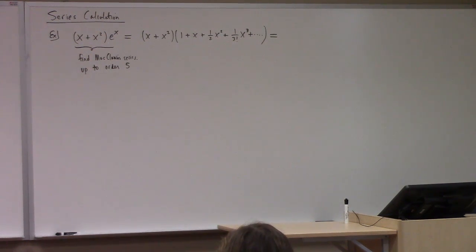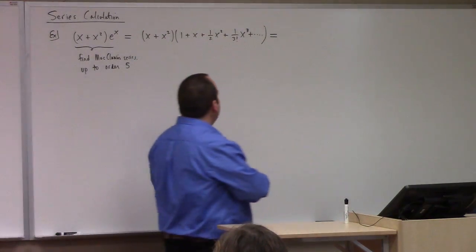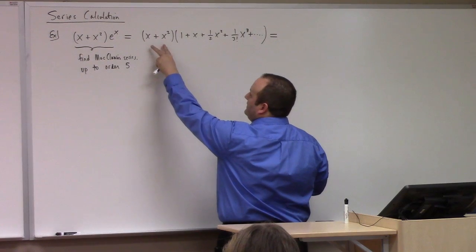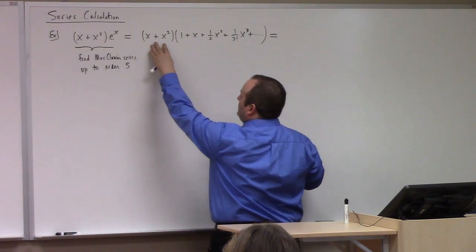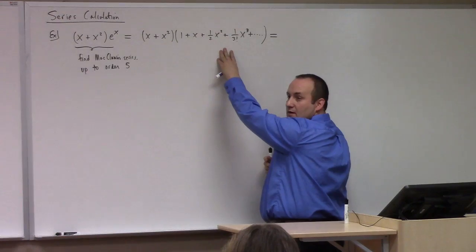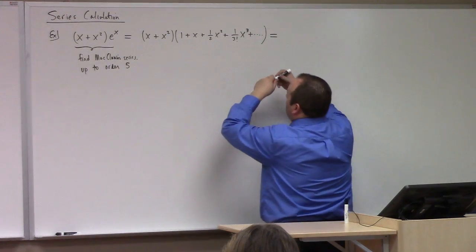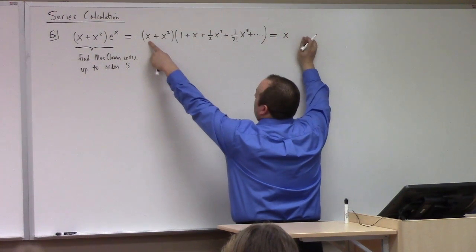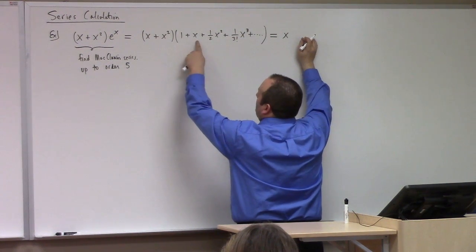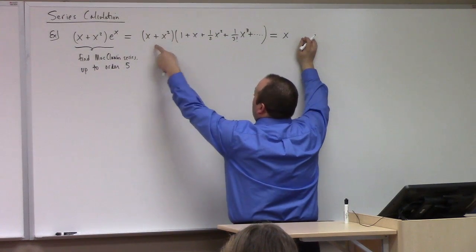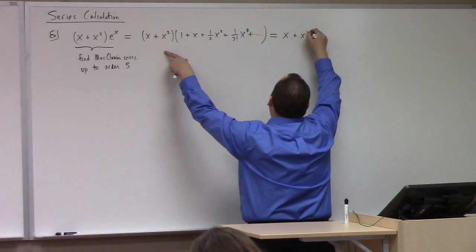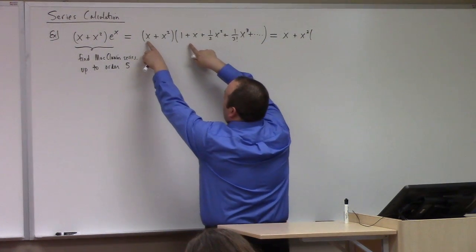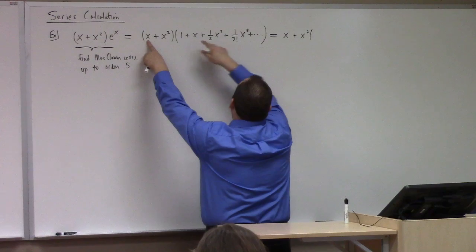But so you just start collecting terms, going order by order. First of all, is there a constant term? No, there can't be a constant term because everything is formed from multiplying this one by that one. So the first term is x. Can I have any other linear term? No. So next I have x squared. How is it possible to obtain x squared? x times x, right? So I get 1.